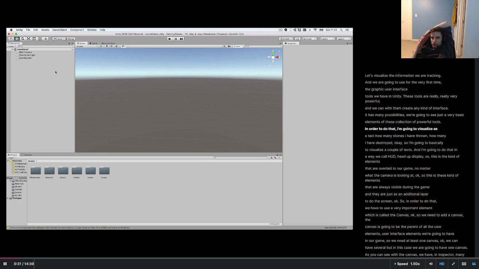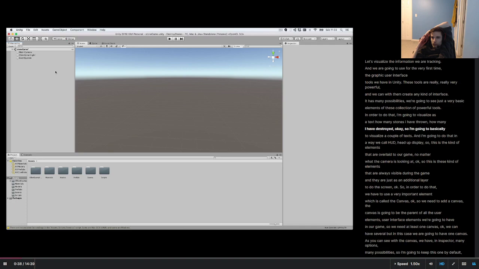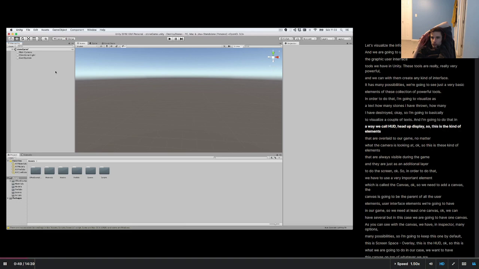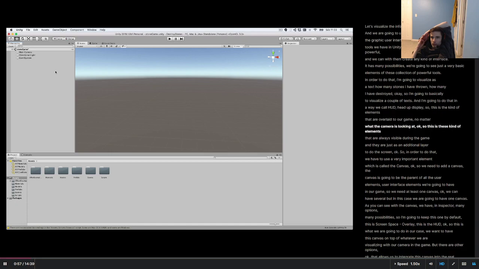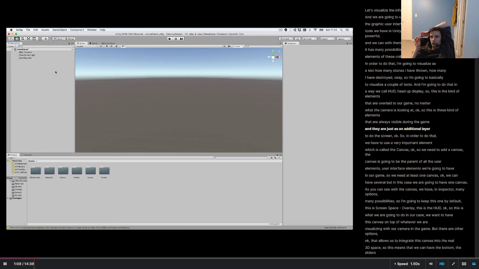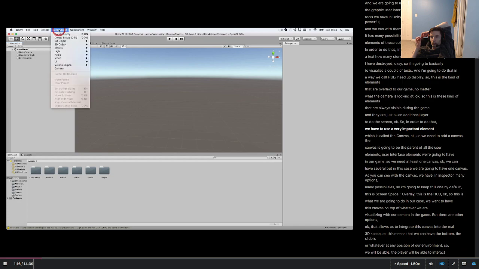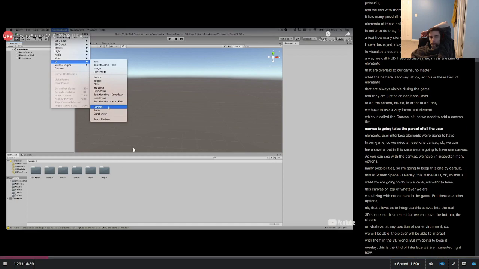In order to do that, I'm going to visualize as a text how many stones I have thrown and how many I have destroyed. Okay, so I'm going to basically visualize a couple of texts. And I'm going to do that in a way we call HUD, head-up display. So these are the kind of elements that are overlaid to our game, no matter what the camera is looking at. Okay, so these are elements that are always visible during the game, just as an additional layer to the screen. Okay, so in order to do that, we have to use a very important element, which is called the canvas. Okay, so we need to add a canvas. The canvas is going to be the